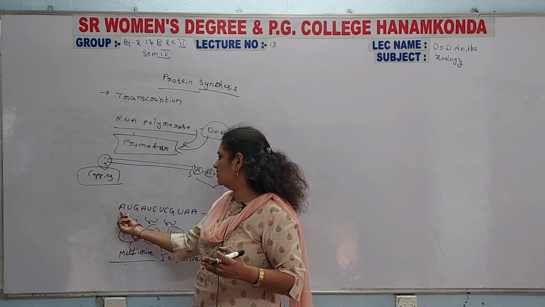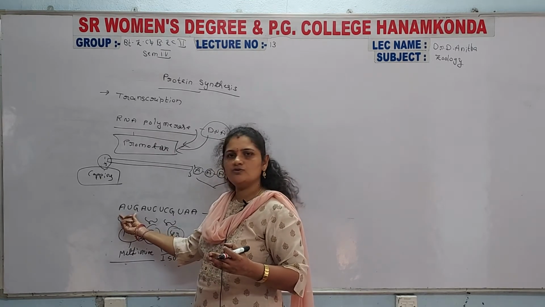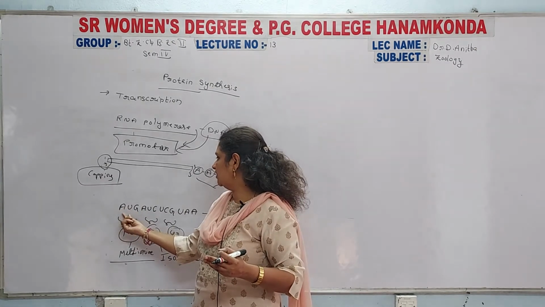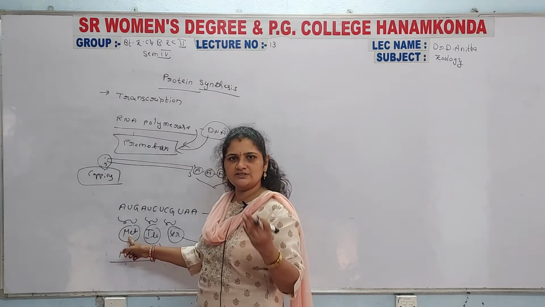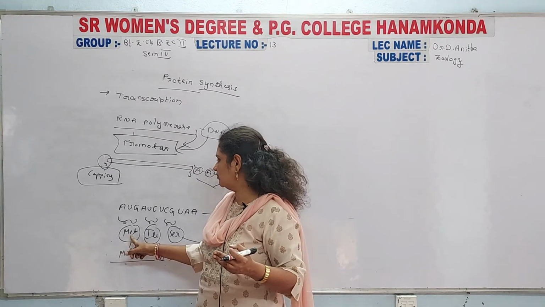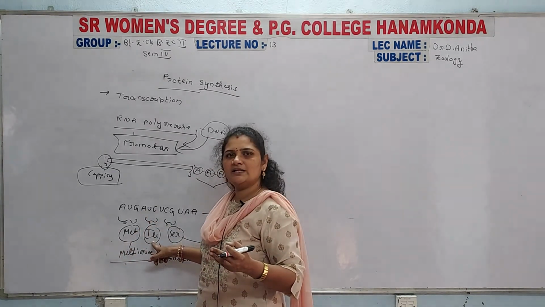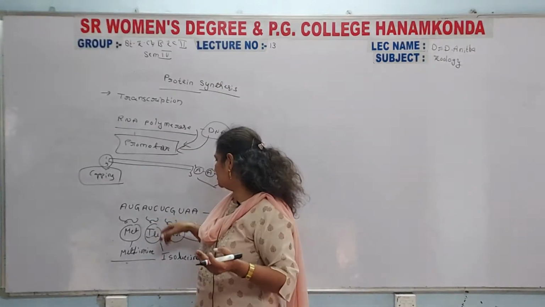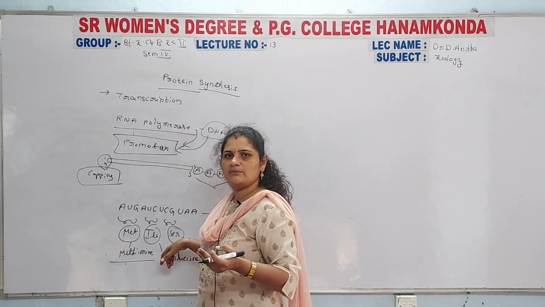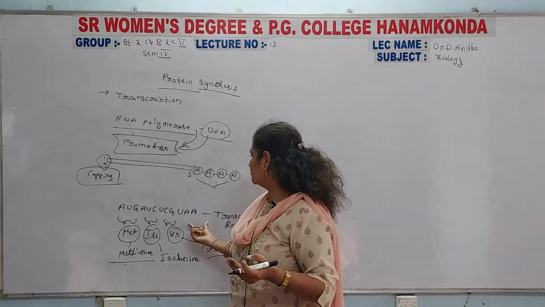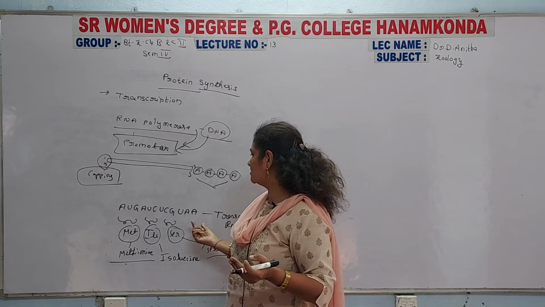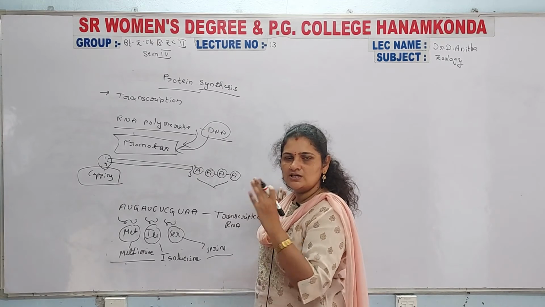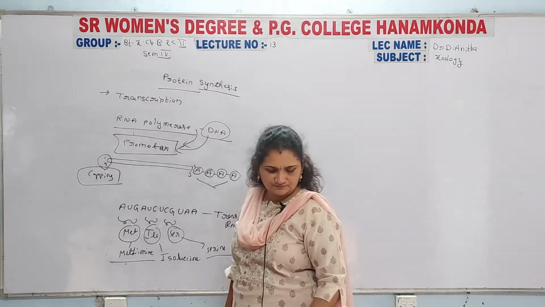So mainly AUG is a three-letter genetic code, a triplet codon. AUG determines one amino acid, methionine, and AUC determines isoleucine, which is also an amino acid, and UCG is serine, also an amino acid. In this manner, three triplet codons are formed, and the amino acid chain is going to be transcribed.